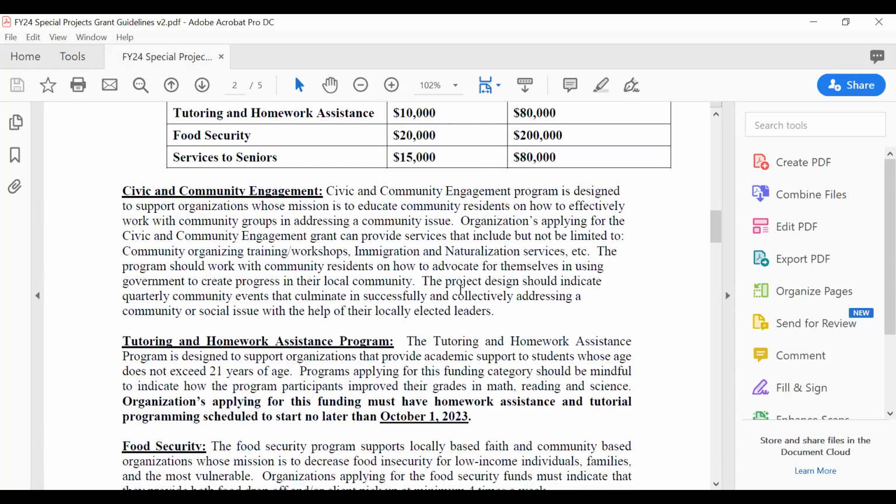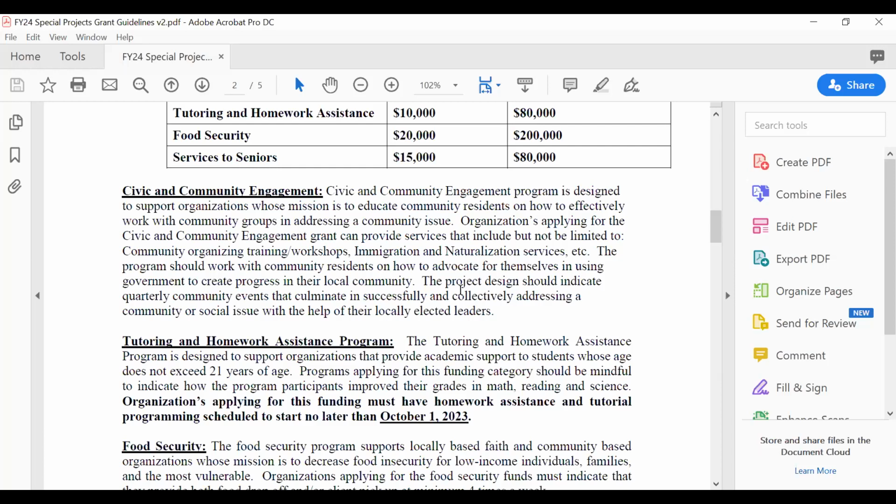Civic and community engagement really focuses on preparing individuals to advocate for themselves as a community on issues that are important to them, right? Civic and community engagement not only includes our civic responsibility to vote, but it also includes our civic responsibility to make changes within our community and or educate our community on issues that are affecting the particular community.